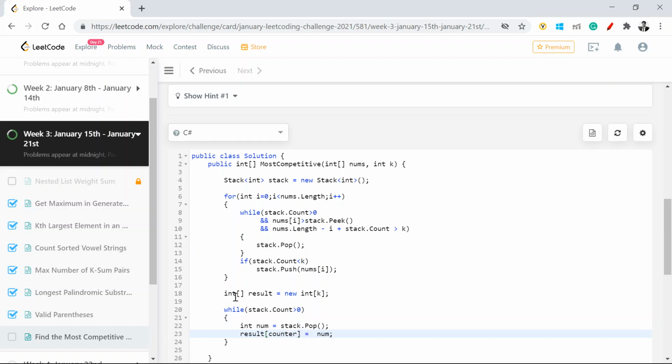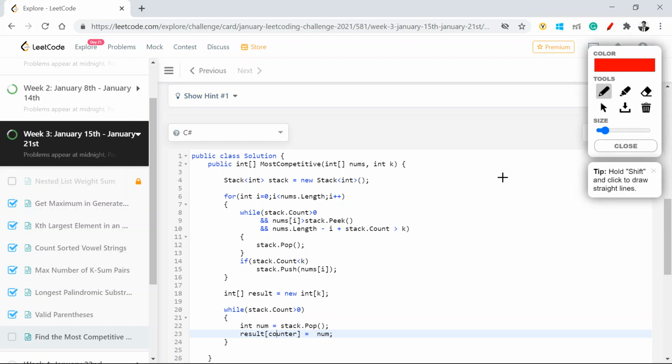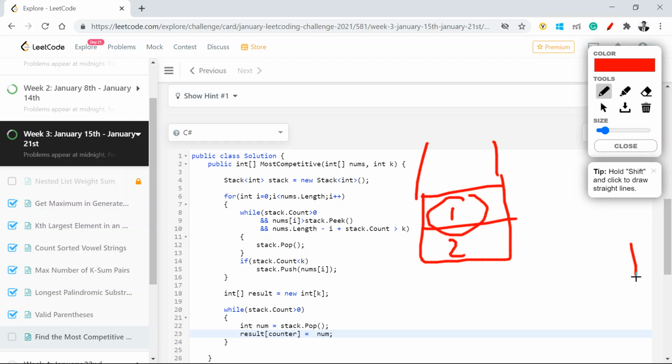Now with the example which I just talked about, I had 2 1. The first pop would have given me 1. This needs to be added in the second index, not the first one.